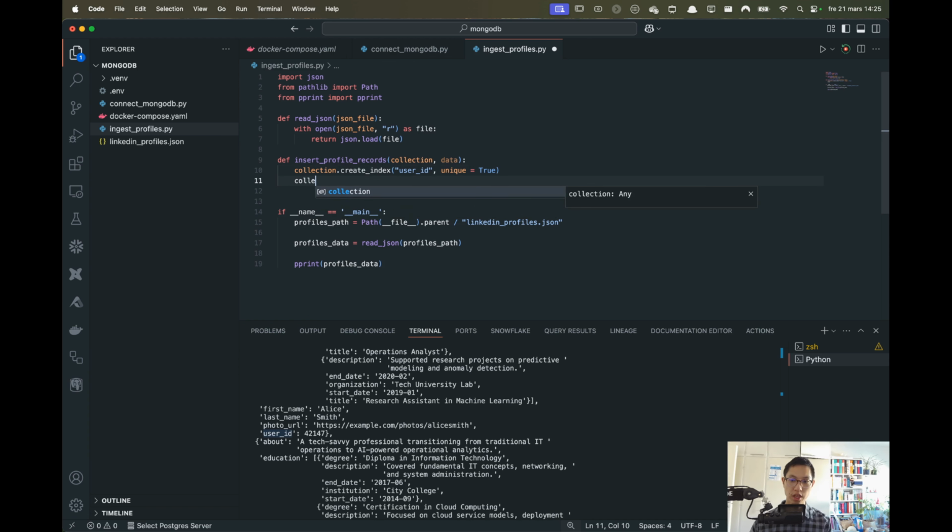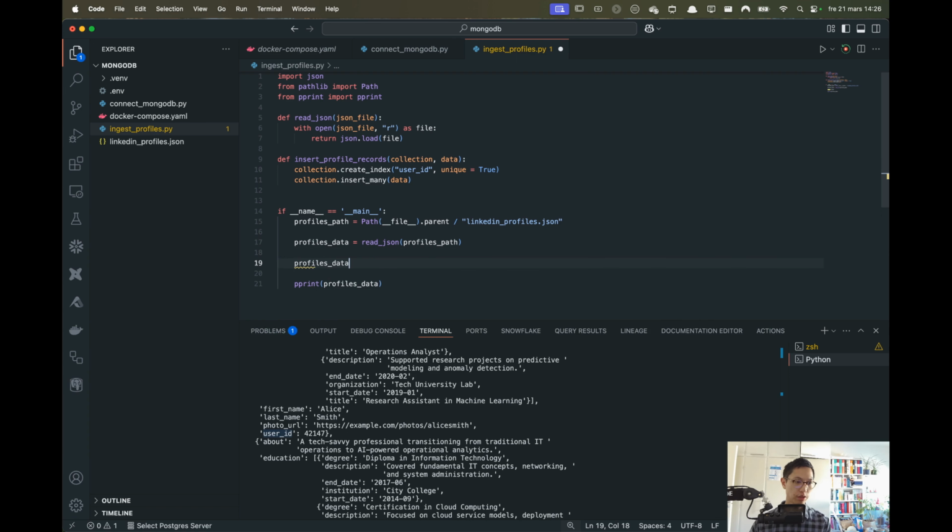And then we have collection.insert_many(data). So before we did insert one, now we want to insert many. So what do we want to insert? We want to insert the whole profiles data, right? So instead of just pprinting it, which is quite cool, we can do like this. The profile collection,